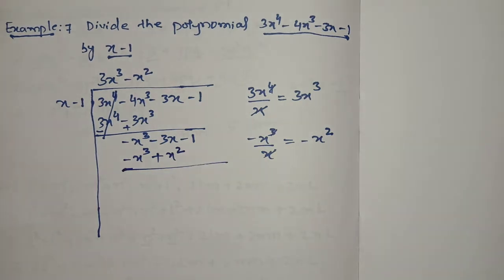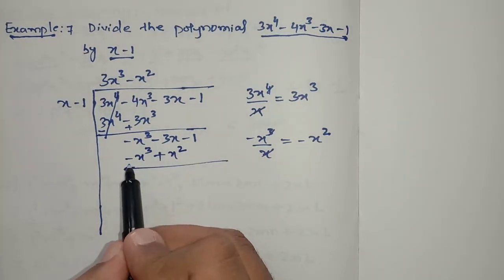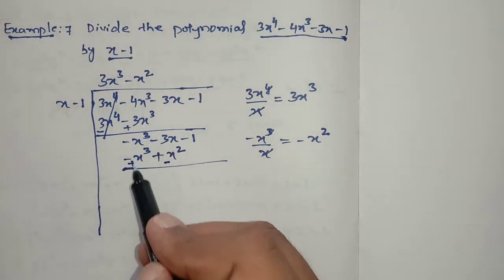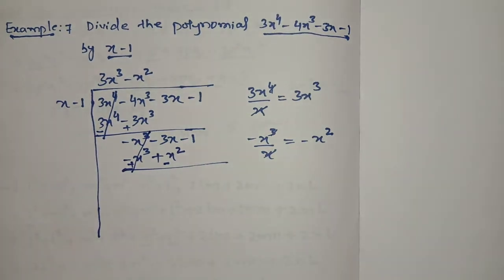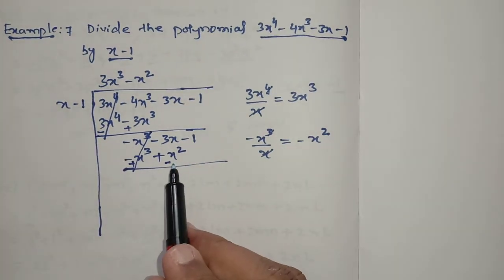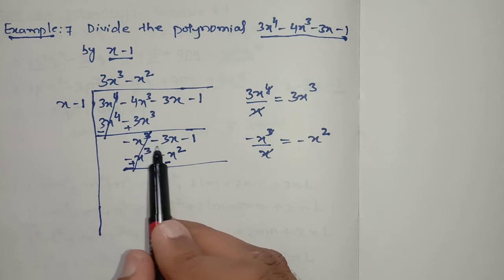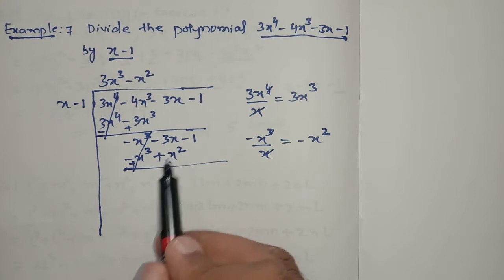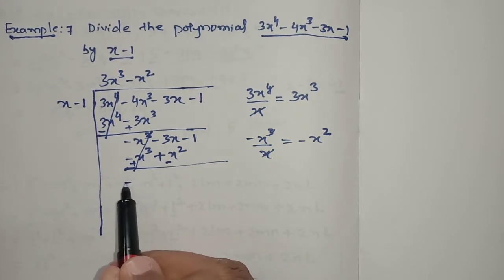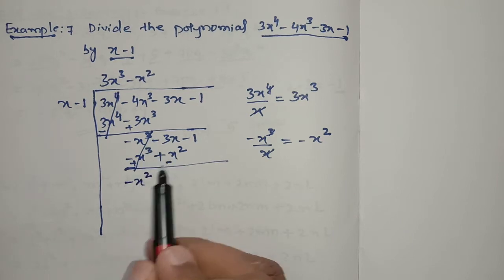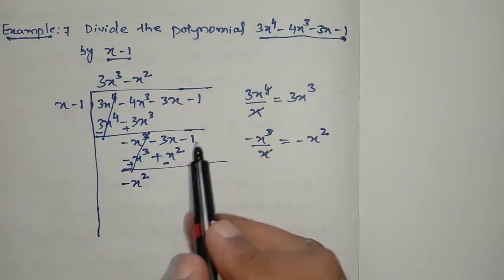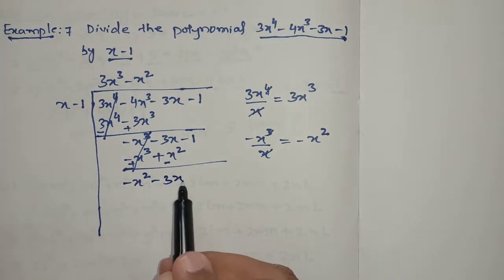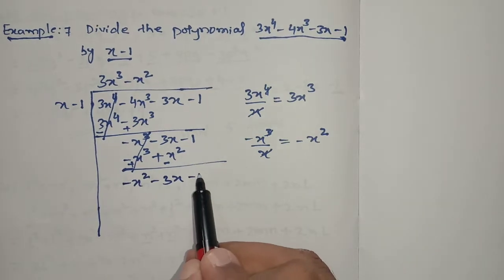Now we'll subtract it. We have to change the sign. This will be plus and this is plus, it will be minus. So these two get cancelled. Plus x cube, minus x cube get cancelled. Here we have minus x square, but in the first expression we don't have an x square term. So this term will be as it is along with the sign, students. So minus x square as it is, because we don't have another term to solve with this term. And here minus 3x, we don't have another term of x, so minus 3x again as it is. And here minus 1 as it is.